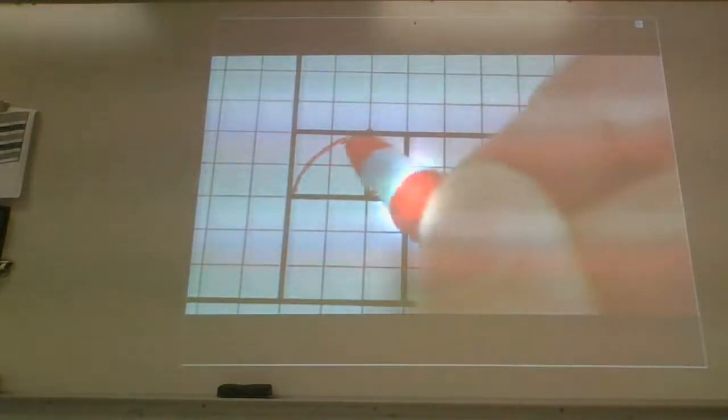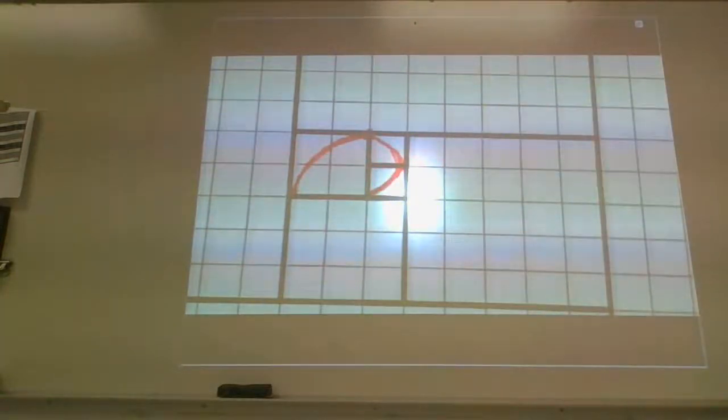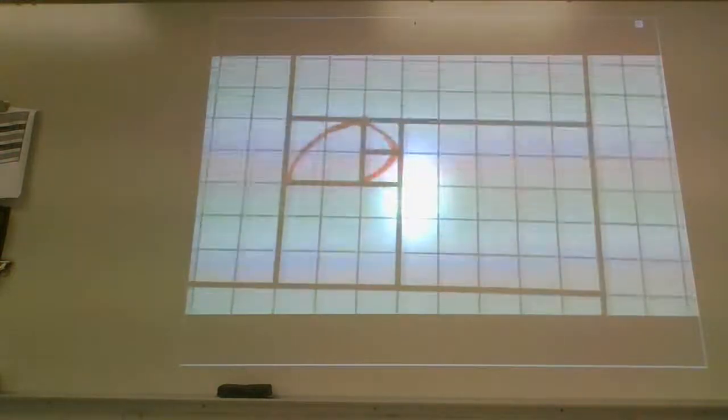And basically, this curve, which looks somewhat circular, but the angle of the circularness is actually growing a little bit. It's a little weird. You're going to do the same thing through the 3x3.